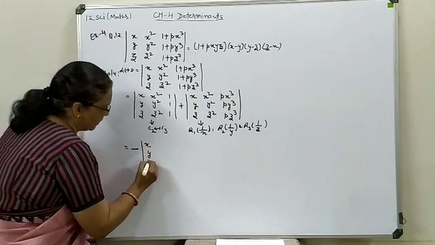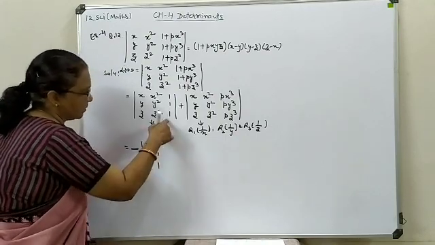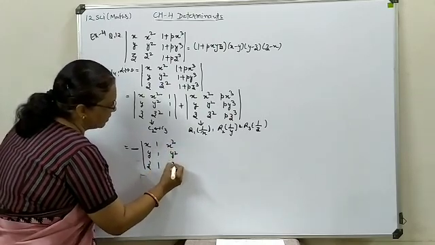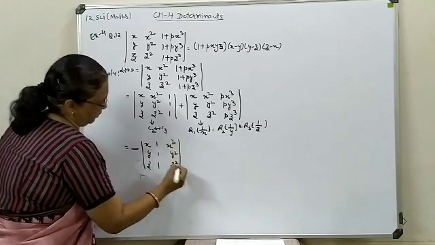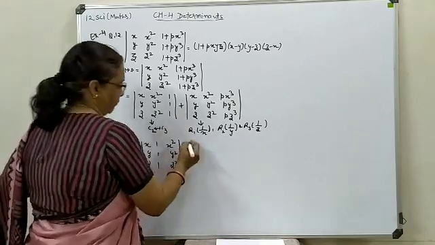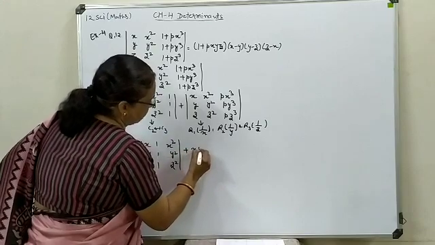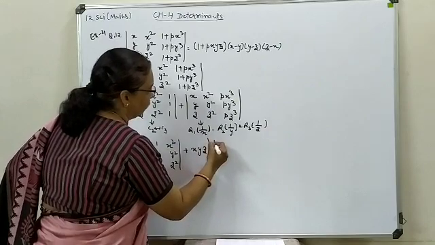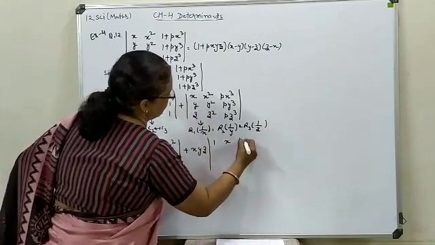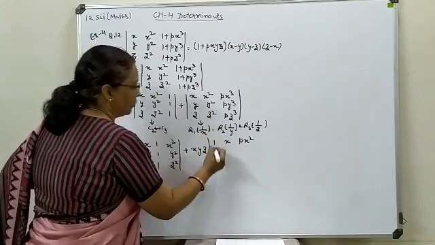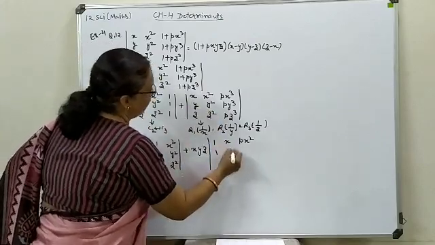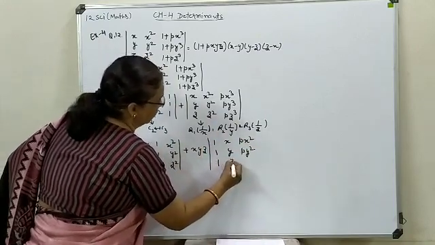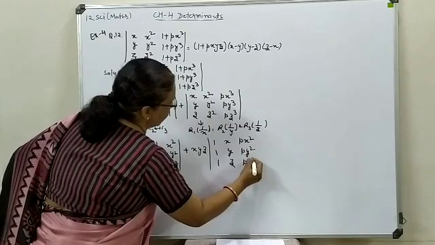Now when you are going for interchange of the position, as per the property one negative sign will be produced. So this is x, y, z as such. This is occupied by the third column and this is by the second. We just try to maintain the order of the terms. Now here this is x, y and z. Column wise we have taken common respectively. So this will be left with 1. This is x and this is p x square. Here it will be 1, this is y and this is p y square. This will be again 1, z and p z square.